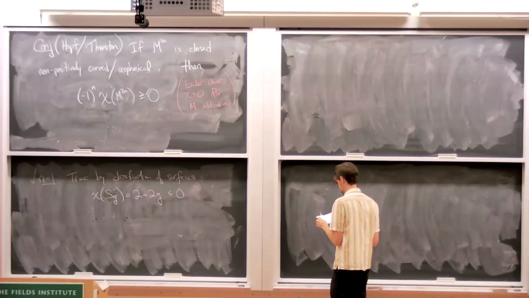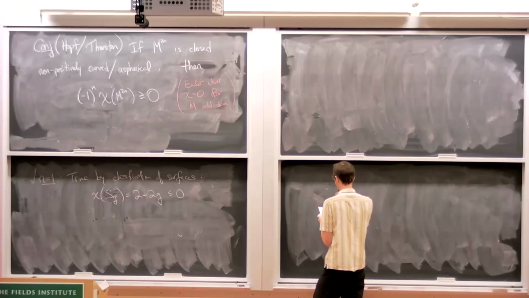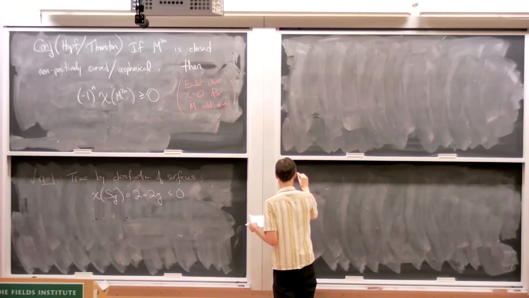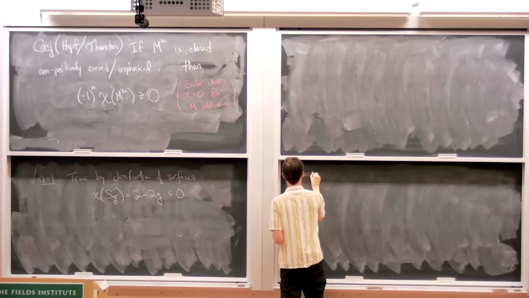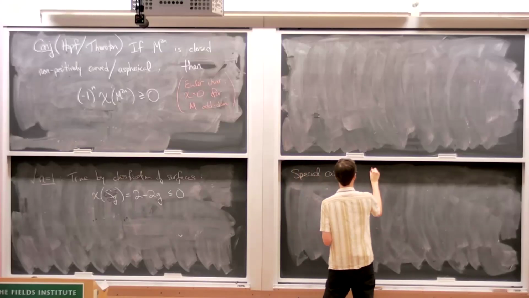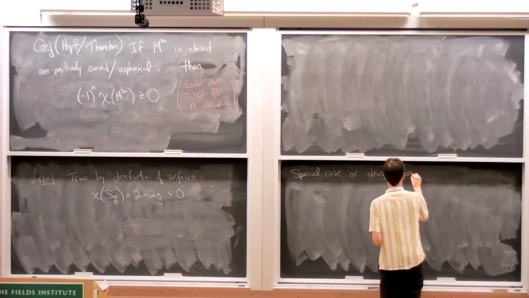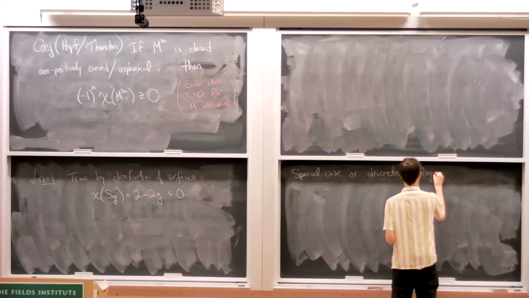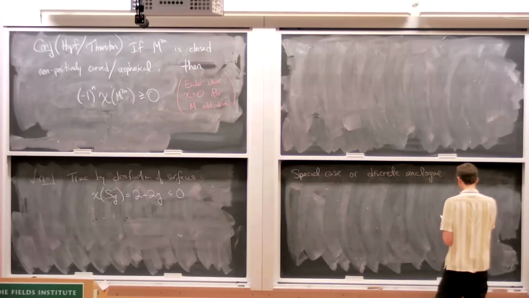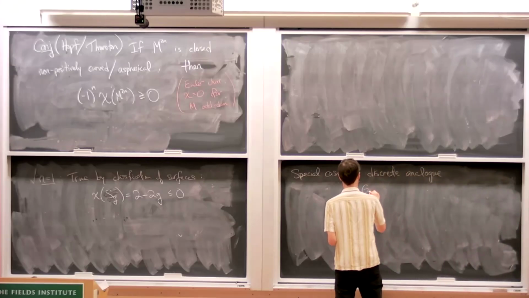Let me just write it down in a second. It's a special case of this conjecture, or discrete analog, which takes as a starting point a result of Gromov that says the following: